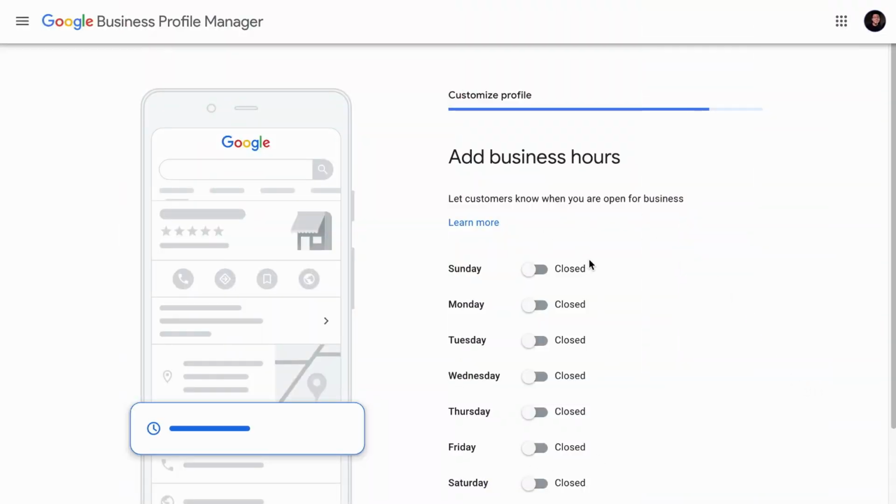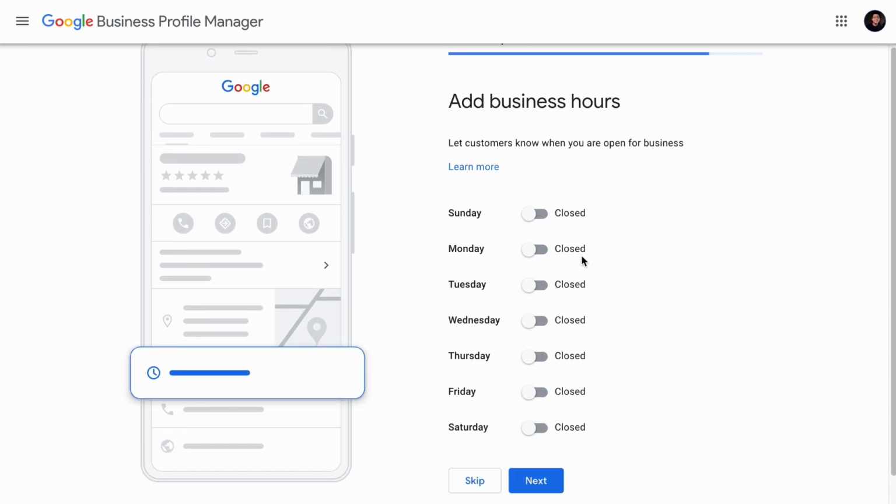Anyway, the business hours you add here should be consistent with the information on your website, your signage, or other local profiles like Yelp, Yellow Pages, or whatever. Now this is pretty straightforward, so it needs no explanation, but let me walk you through a more complicated scenario. Let's say that you run a restaurant and it is only open on Tuesday, and there are 2 opening hours. This is just a hypothetical scenario, okay?